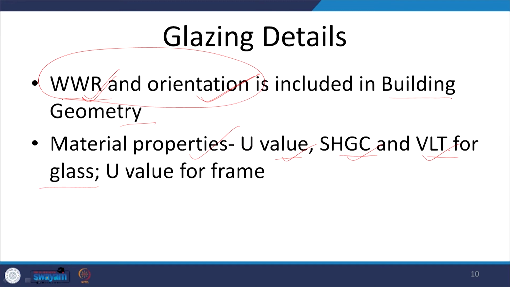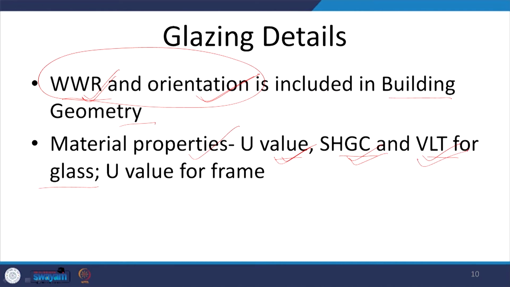Often most of these whole building simulation software come with a huge glazing database, which is taken from the International Glazing Database, called IGDB. Almost all the glasses manufactured by different glass manufacturers are included in that database, and the moment you select one type of glass, it will automatically come with its U value, SHGC and VLT, which is required for whole building